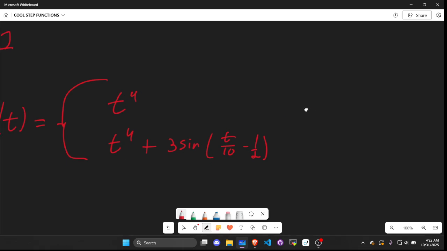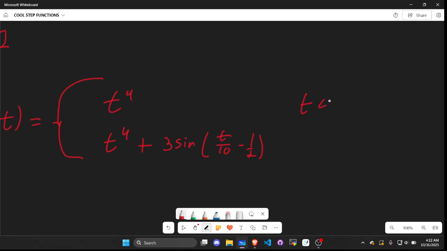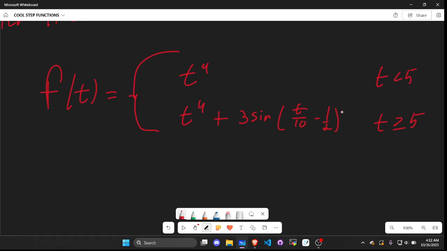This is going to be true when t is less than 5, and this is going to be true when t is greater than or equal to 5. So we have this piecewise function,